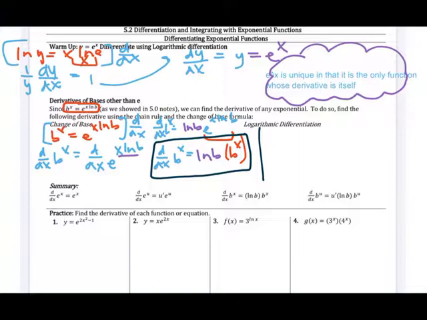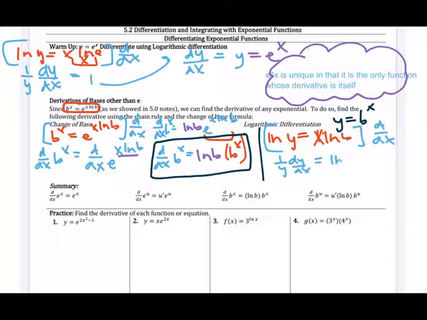We've been using logarithmic differentiation. So let's start with y equals b to the x, and then let's natural log both sides. Natural log of y equals x natural log of b. Now we can differentiate both sides with respect to x. So 1 over y dy dx equals natural log of